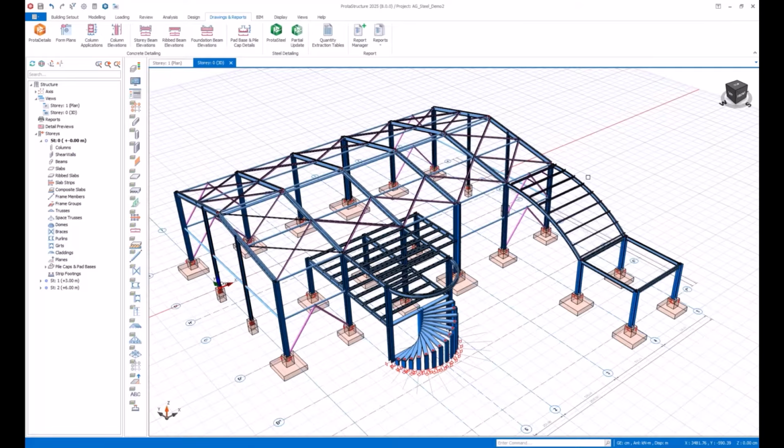Today, I'm going to talk about the new features of ProtoSteel and ProtoDetails, but this is not going to be a webinar only about the new features, but we're going to try to cover some existing but underrated features as well. So currently you see on my screen, by the way,